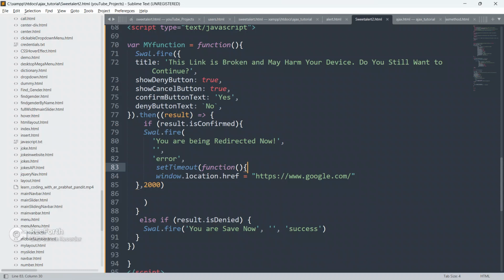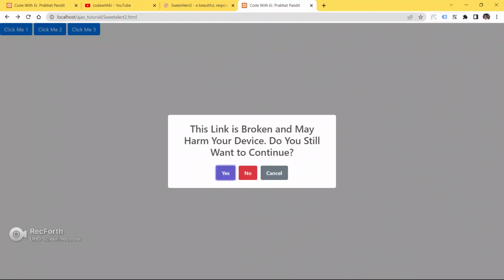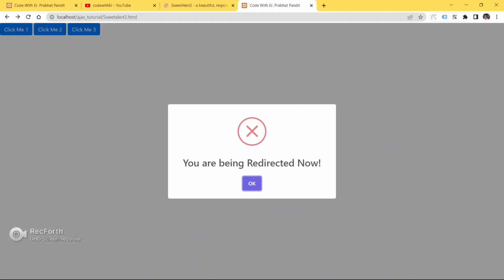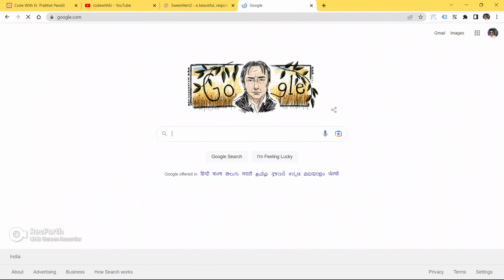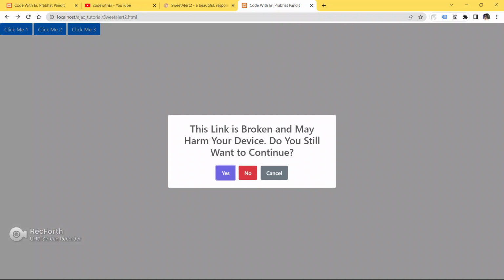So I'm going to press this yes button now. You will see a different modal saying you are being redirected. See, you have come to google.com. Okay, so go back.